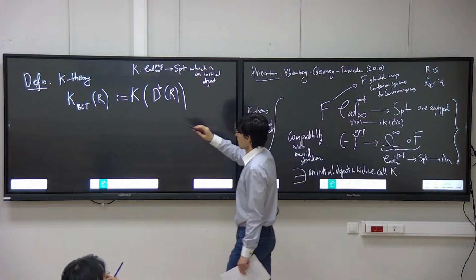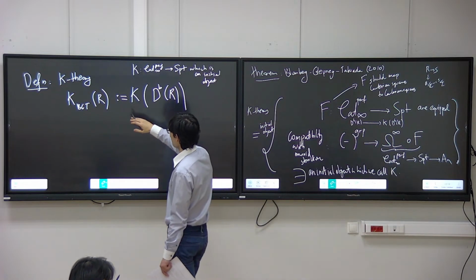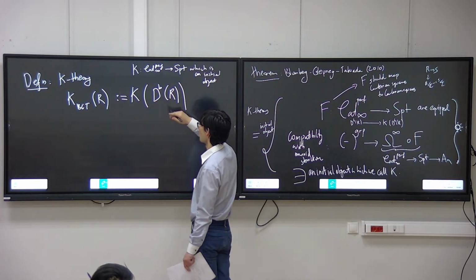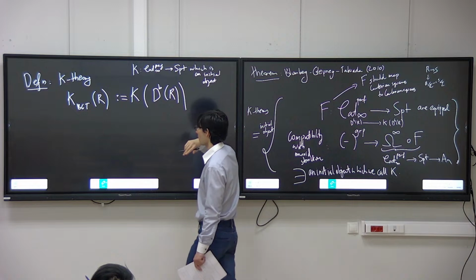But if we just cut out maybe for ring R what K theory of dB of R is, then